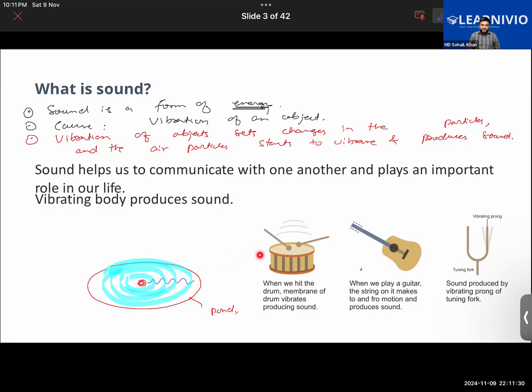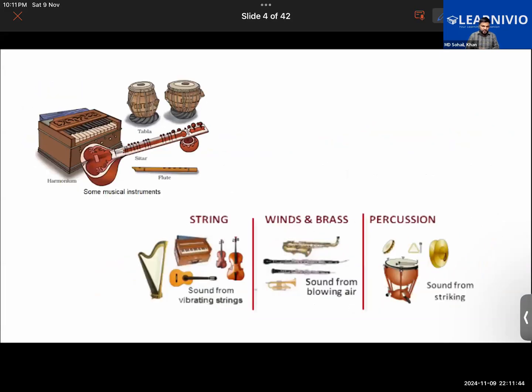Similar to that, you can think here, as you are beating a drum, or as you are speaking, or someone is playing a guitar, or someone is hitting a tuning fork. It is setting some disturbances into the air, all of these musical instruments, right? So whether it be string instruments like guitar, sitar, etc.